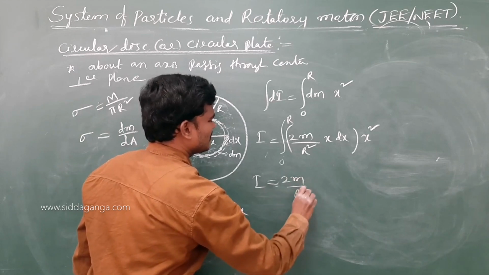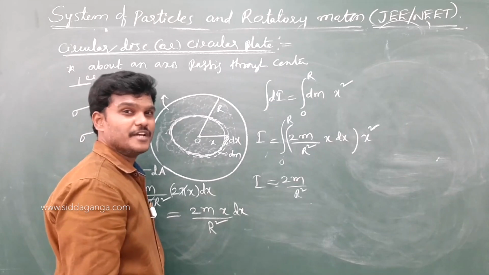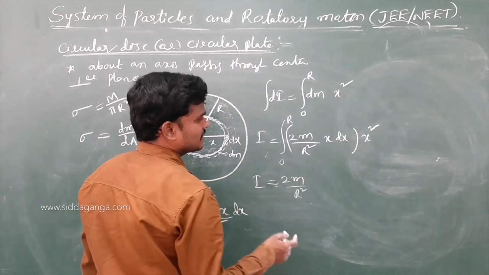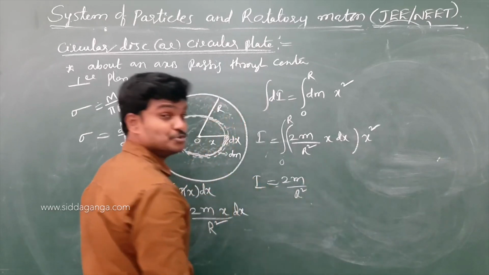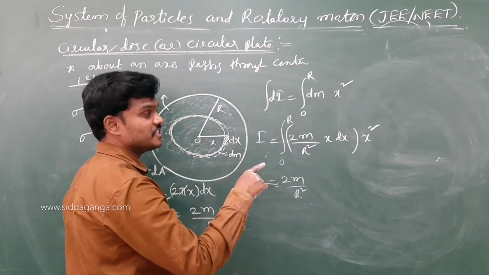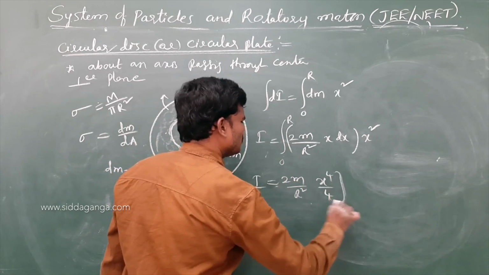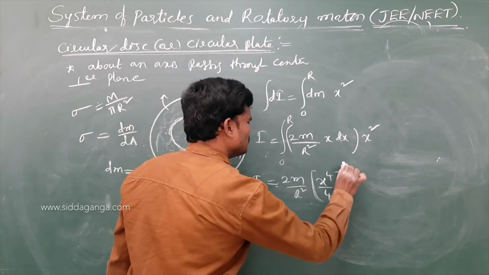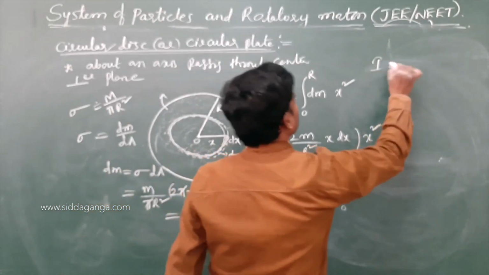2m by r square, x square into x, so x cube. Integration of x cube is x to the power of 4 by 4, from 0 to r. Substitute the upper limit and minus the lower limit. So the moment of inertia, you will get